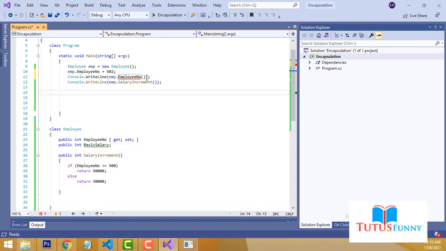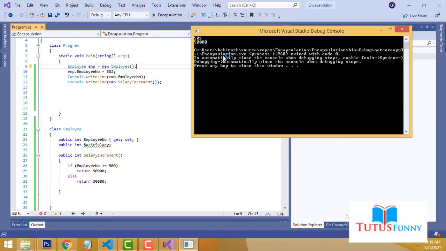This is not a function. Now you have to write here employee number. Now here you will be able to see the employee number also, and the balance salary, you will be able to see.